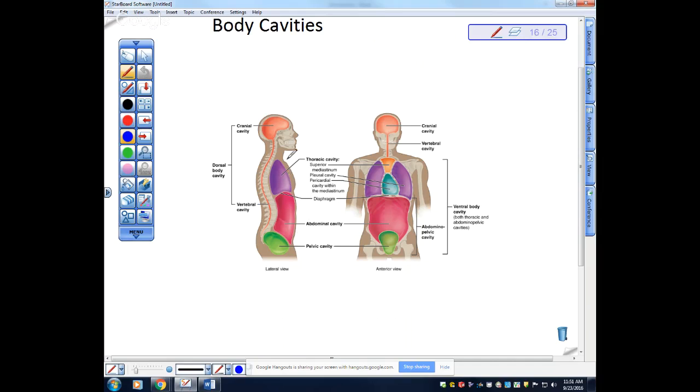Then we have the thoracic cavity, that's the heart and the lungs. That is separated by a muscle, which is the diaphragm. And that diaphragm is really important in respiration. Then we have the abdominal cavity, right? And then down here, really protected by that bony pelvis, is the pelvic cavity. Now, one of the really interesting things about these cavities is that